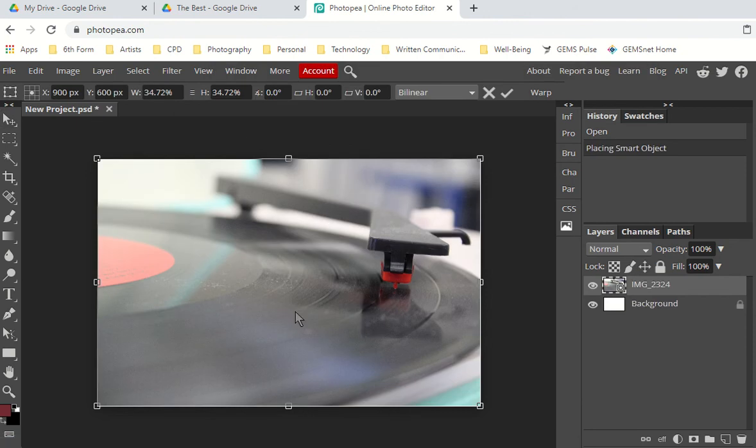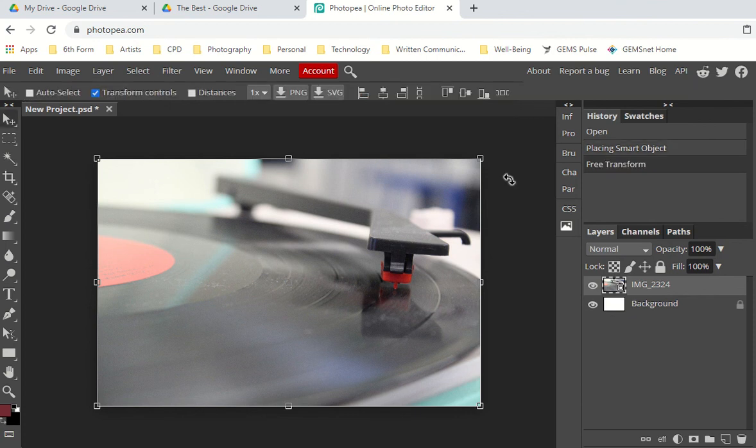Now this is already fit to the size of the canvas. I'm happy with that, so I will click check to confirm, and we're ready to play. So the first thing that we're going to do is to